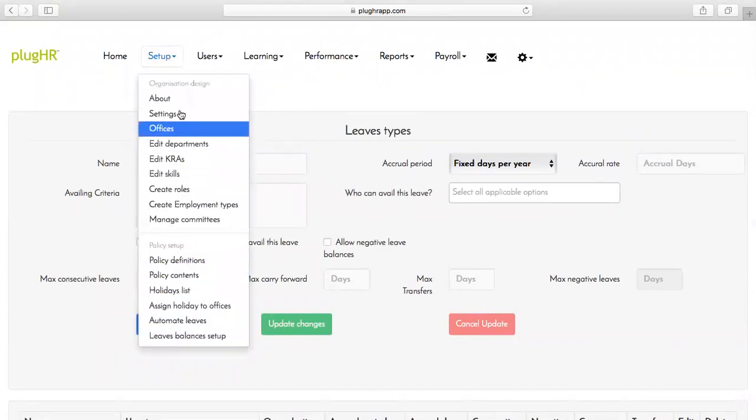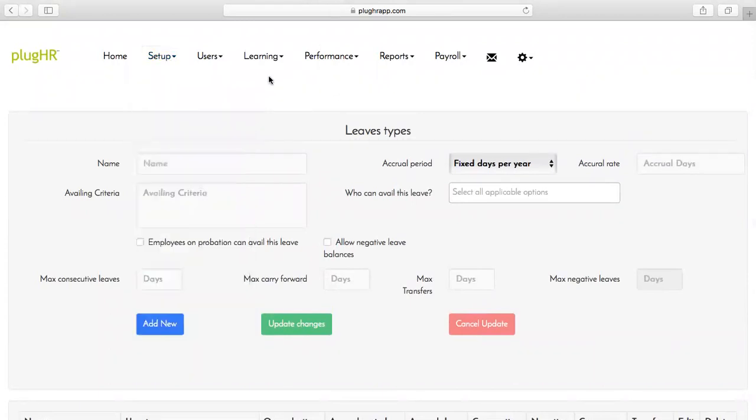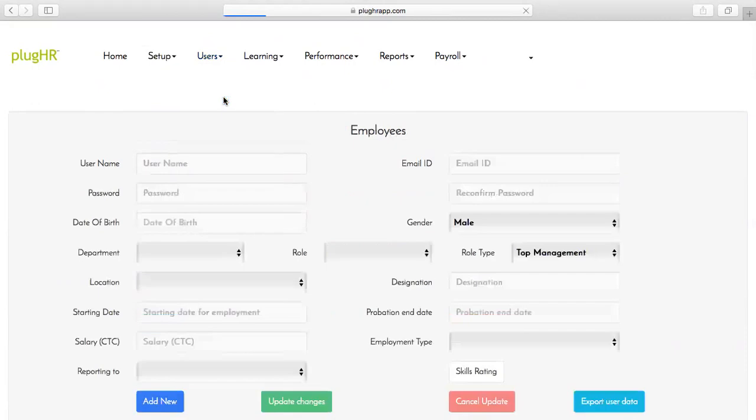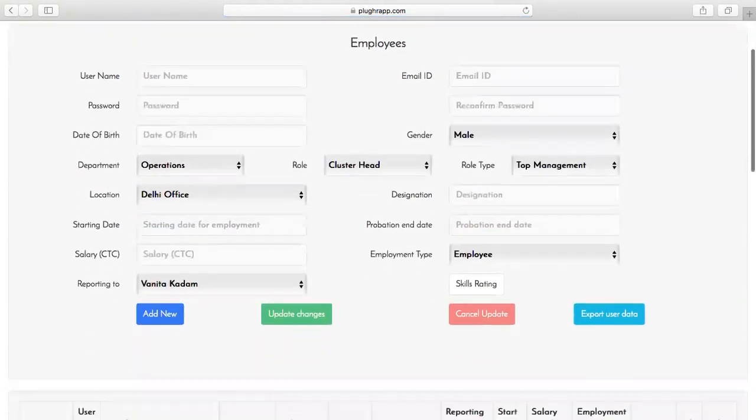So once you've done this, you're pretty much ready to add users, and users are your employees, right? It's very simple. Just this form, select the department, role, role type. There are 4 role types: the top management, functional head, team leader, or frontline.